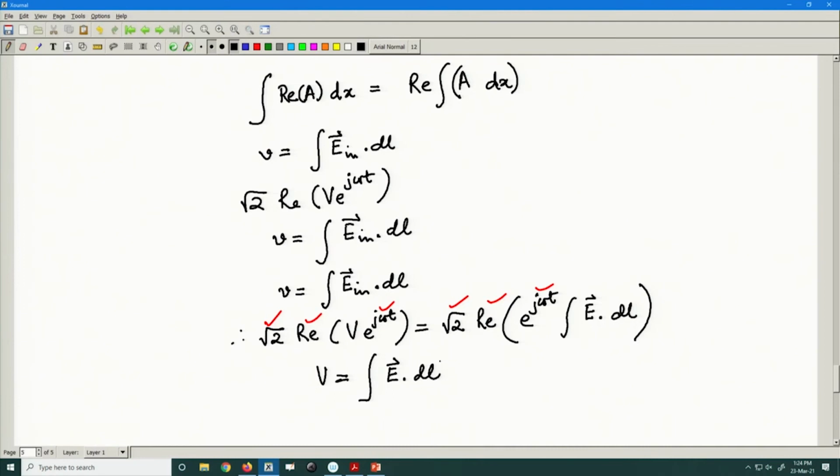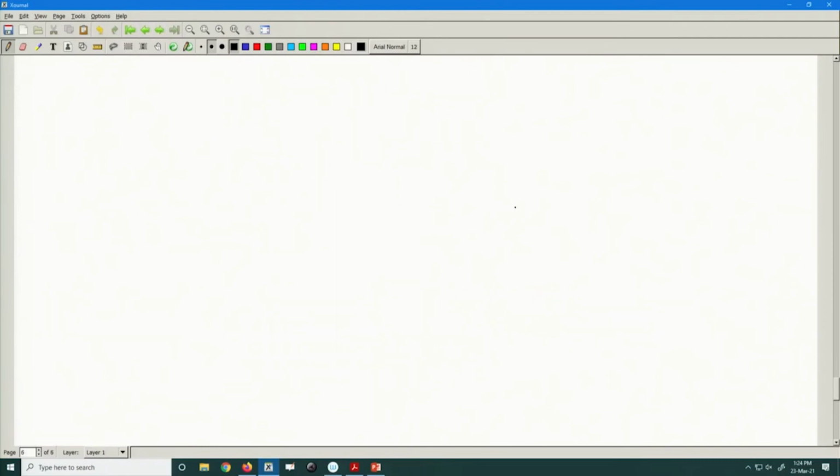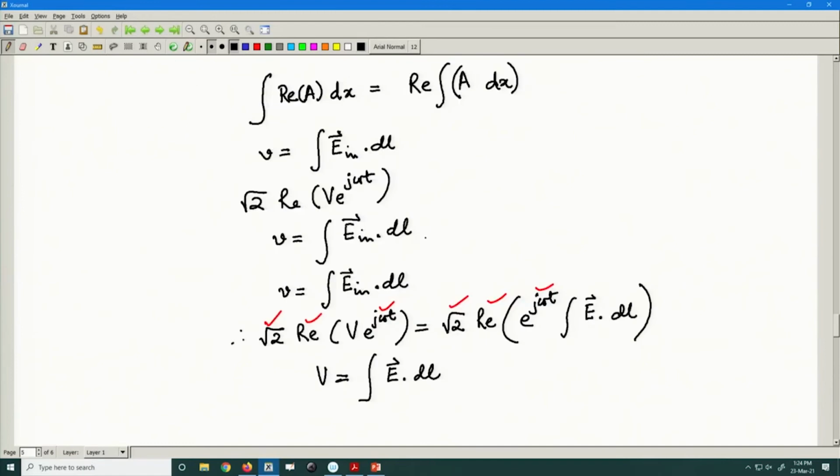Okay. We can similarly write U equal to integral H dot dl. So, what this essentially means is that we are explicitly